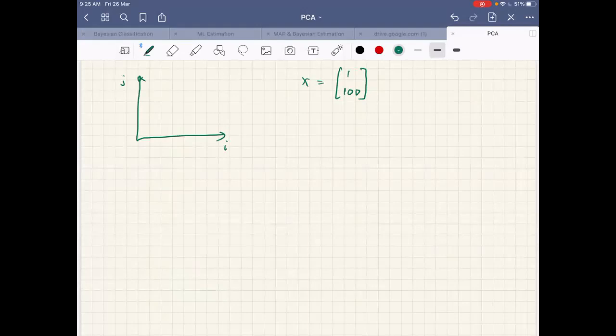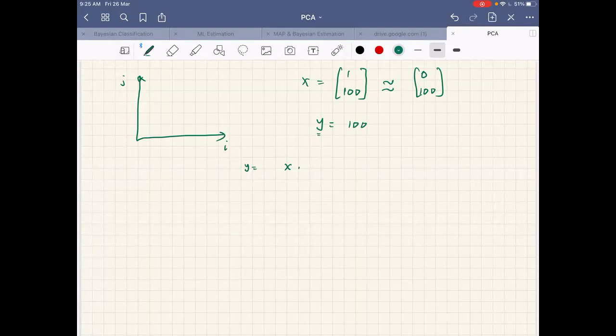So I will approximate this as 0, 100. If I consider this as x and this as y, and the reduced dimension is Y equal to 100, how do I get it? I am only sampling the dimension wherein the magnitude of the feature is high.